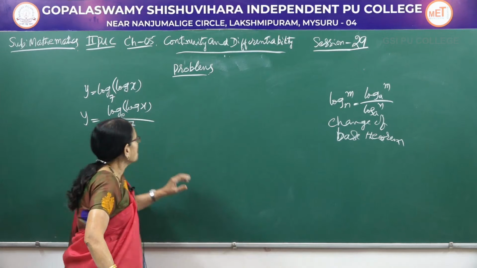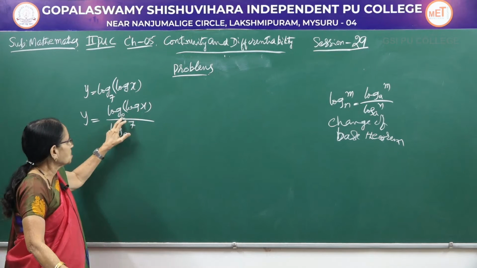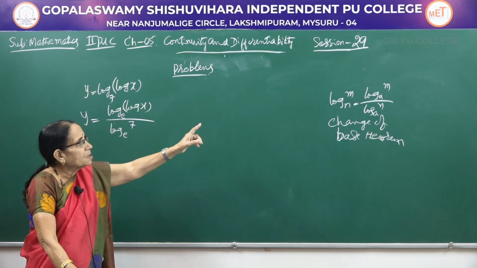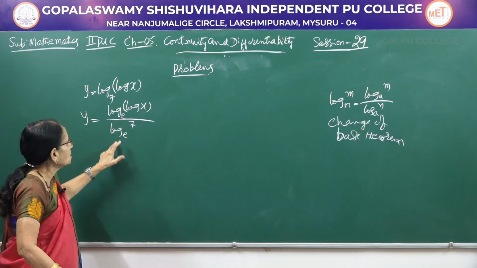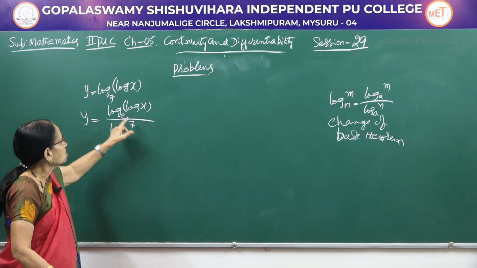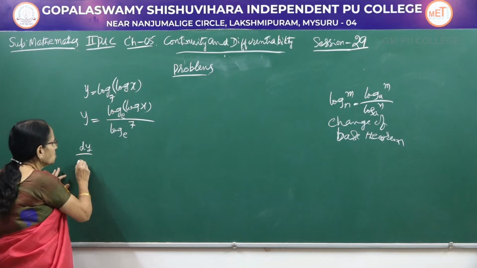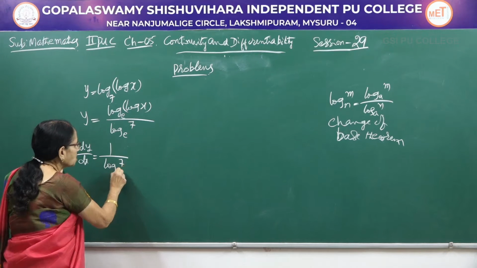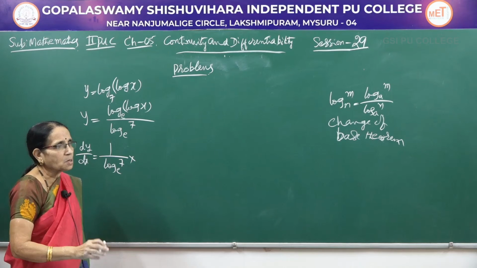So I am using here, say the new base is e I am taking. So log of log x to base e divided by log of the original base. See, m was the number, n was the base, log m to base a divided by log n to the new base. Now this log 7 to base e being a constant, you need not apply the quotient rule here. So when you differentiate, only the numerator part has to be differentiated. So dy by dx equal to, keep that 1 by log 7 to base e as it is, because it is a constant, don't apply the quotient rule, not necessary.